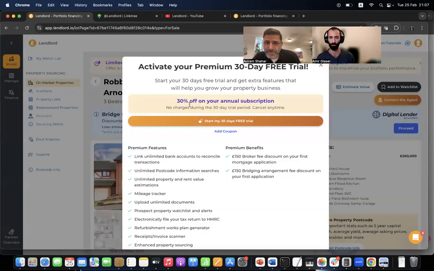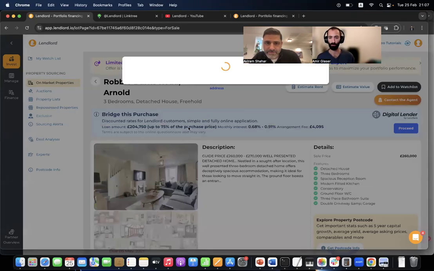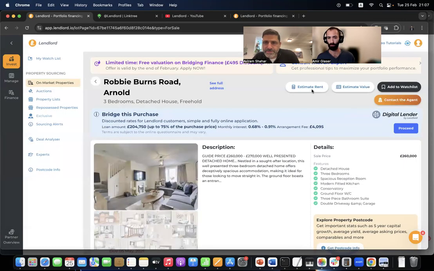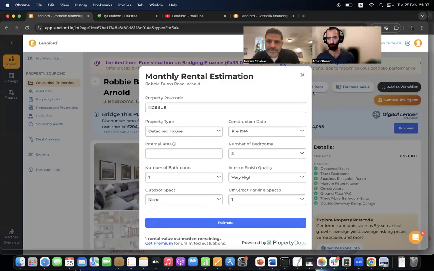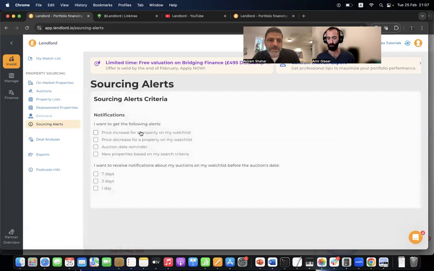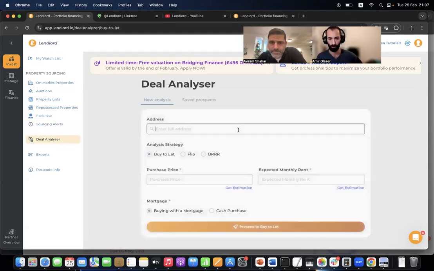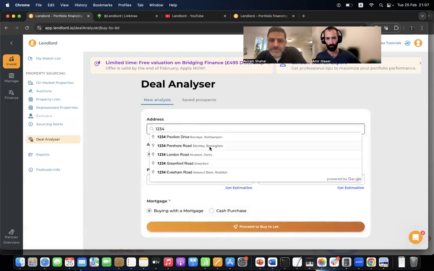On the premium plan, you can do many things. You can contact the agent. You can add a listing to your watch list. You can run an online valuation for the property, unlimited, and also a rental income estimation. And you can also apply alerts to the properties on your watch list for price decrease or price increase. And you can define search criteria so the platform will notify you anytime there is a new property that matches your criteria. Of course, we have the deal analyzer on this invest tab, and here you can